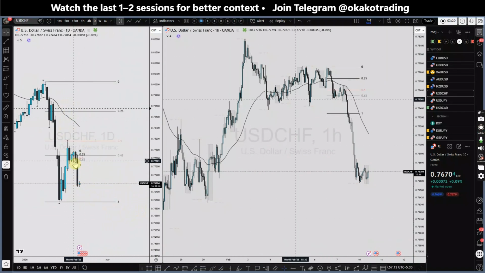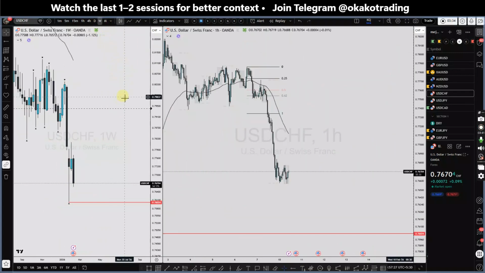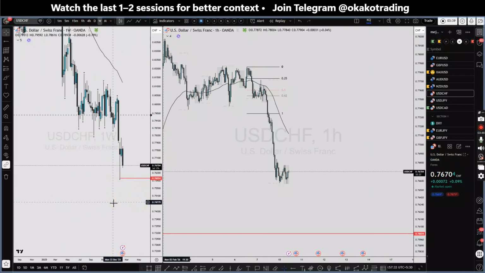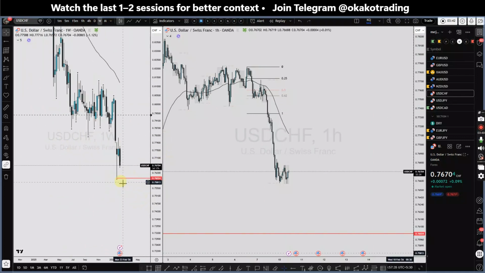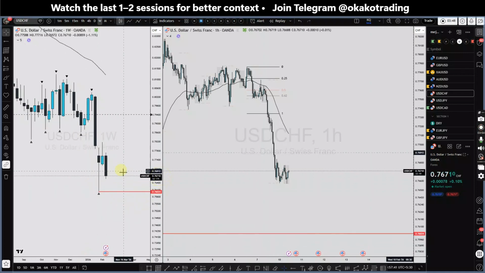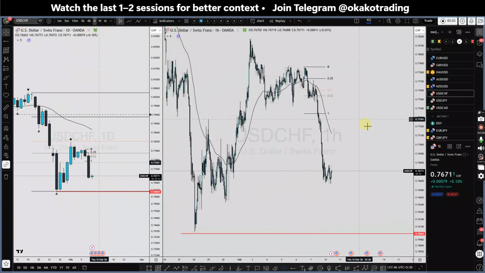USD CHF, it's sharply dropping. It's very sharply dropping. The daily time frame, we are bouncing below from the premium price range, and it's highly possible that we're going to trade below this low within a few days. In weekly time frame, the bias was bearish. We cleared this low, and I don't think we're gonna clear this low within this week, but it looks like we're gonna clear this low within a few weeks, maybe 1 or 2. So I'm gonna keep this thing in my watch list, and I'm gonna wait for a deeper correction towards upside so that we can start looking for shorts.